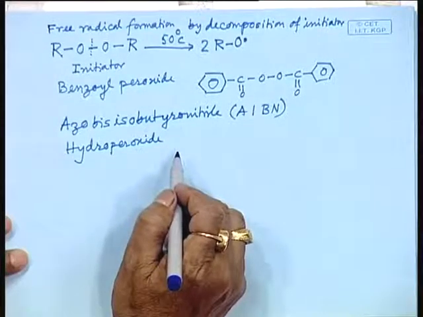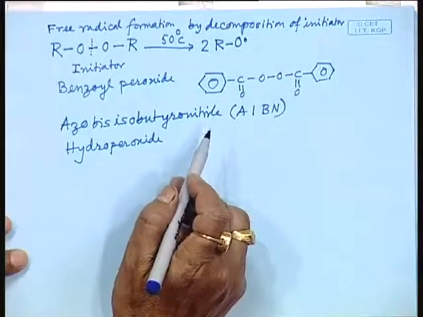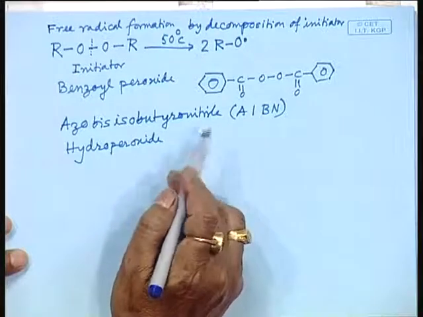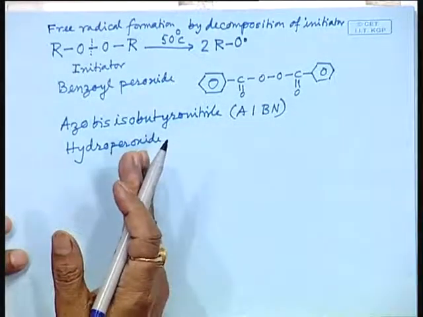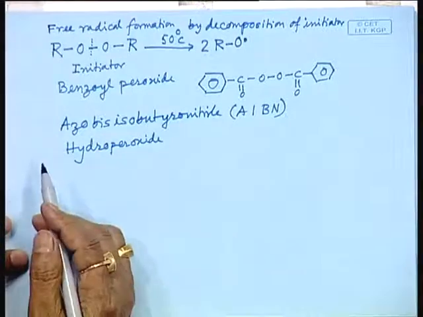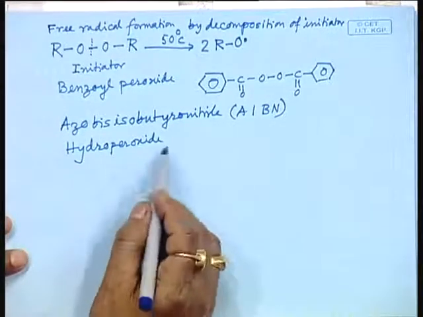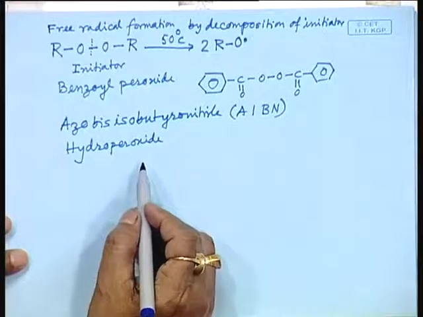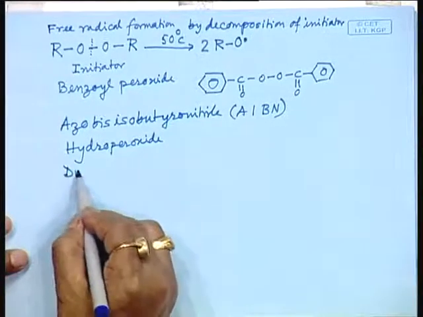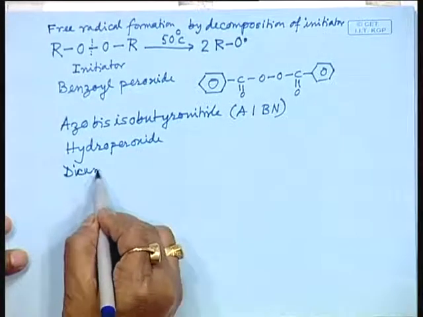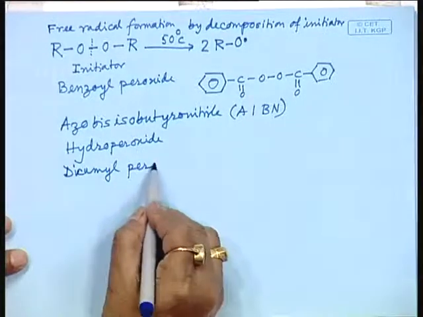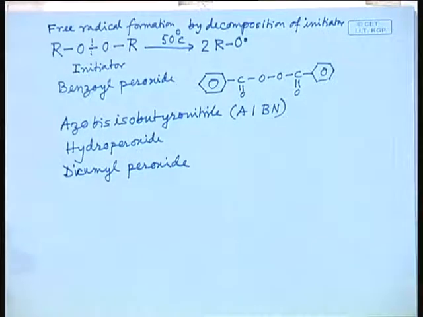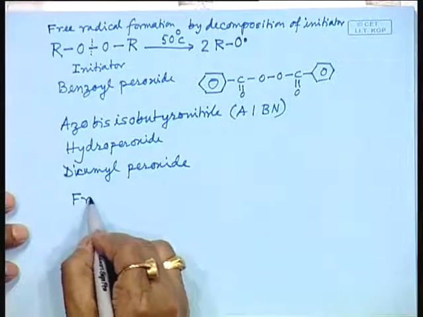That azo bond, nitrogen double bond nitrogen, is unstable, that will break releasing a free radical. Hydroperoxide can be cumene hydroperoxide or dicumyl peroxide, so these are known as free radical